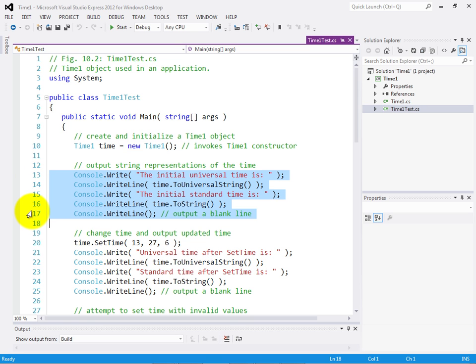Now at lines 13 through 17, we wanted to display for you the initial values of the hour, minute, and second, and the only way we can do that in this example is to use our methods that return strings. So here we have our time object being told to display itself or give back a universal format string. So we call the Time1 class's toUniversalString method, and it gives us back a string to display with Console.WriteLine. And similarly down here at line 16, we tell the same time object to give us its string representation, and